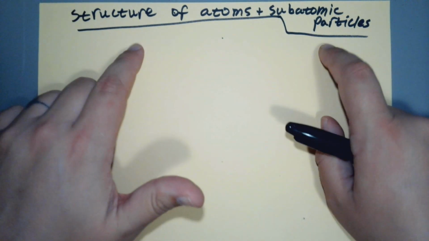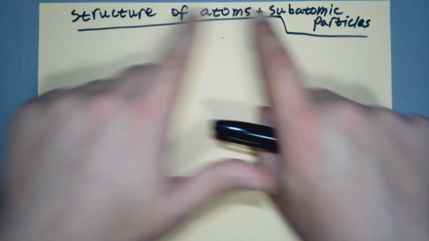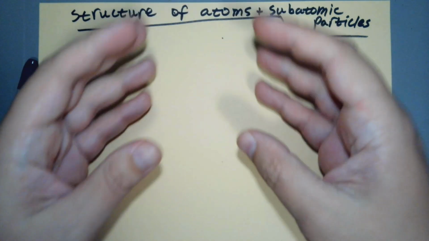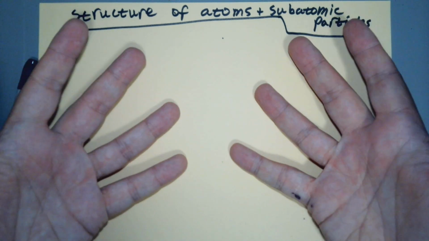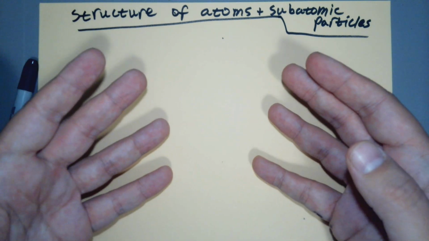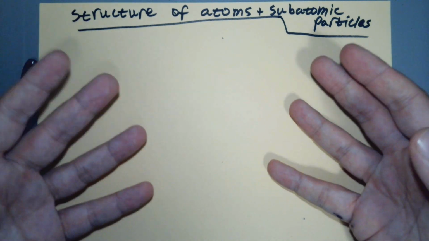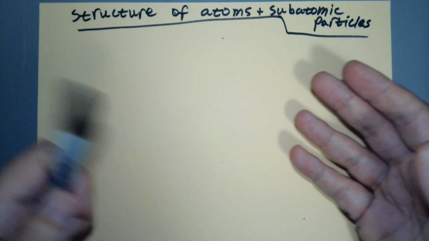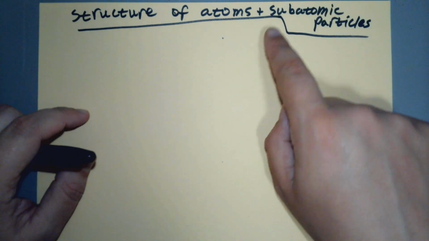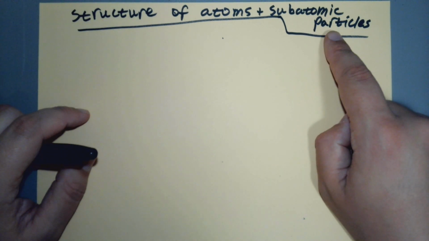And so these go hand in hand. Subatomic particles are the pieces that atoms are made out of. It turns out that everything's made out of atoms. You can break it into atoms, and then those atoms can be broken into even smaller pieces. So it's like the Legos are made out of Legos. And then it turns out that those subatomic particles are made out of pieces. It just keeps going all the way down. But the nice thing is, as a chemist, if it's smaller than a subatomic particle, if it's smaller than an electron,